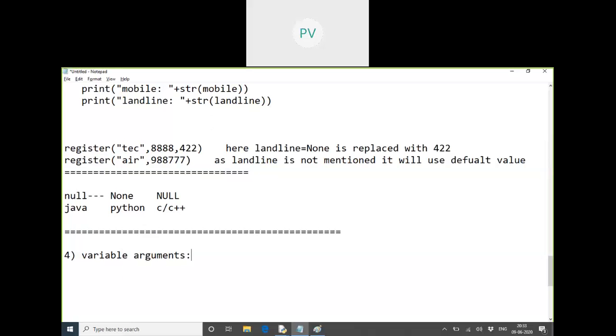That's the only way. But if you define a sum function with n1 comma n2, how many values do we need to pass for it? 2 values. Now, if both have default values, how many ways can we call this function?